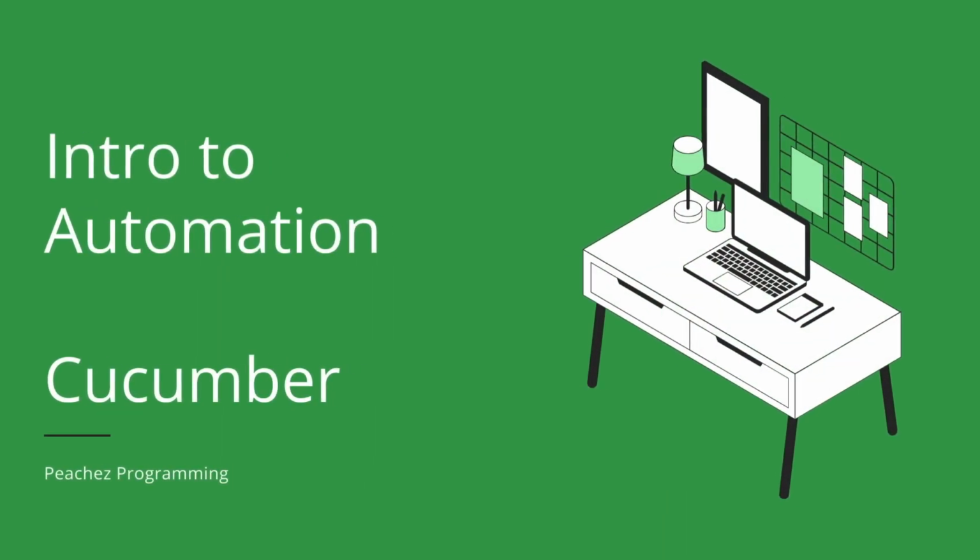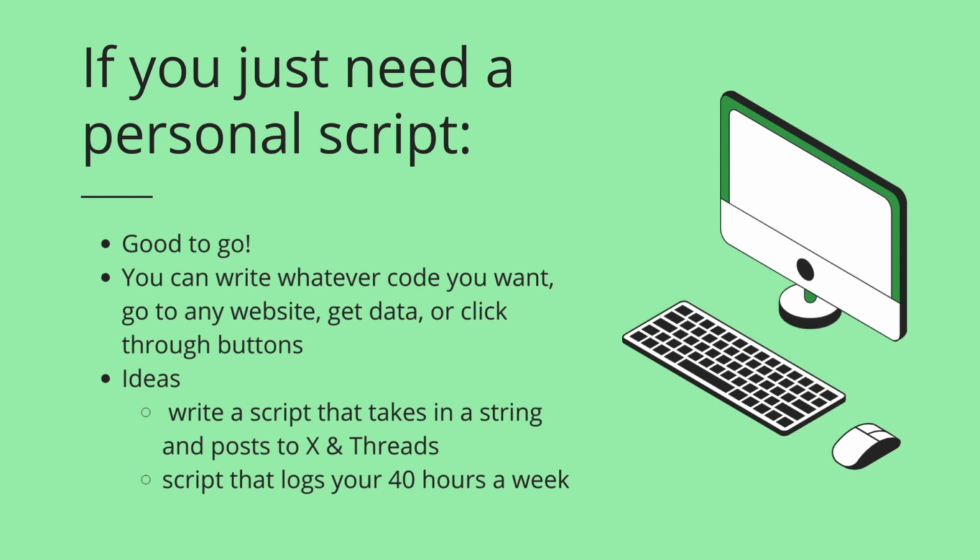So if you just need a personal script, you're good to go. You can now write whatever code you want. You can go to any website, you can get data, or you can click through buttons. Here's two ideas. You could write a script that takes in a string and posts to both X and Threads at the same time. Or you could write a script that automates an annoying task in your life, like something